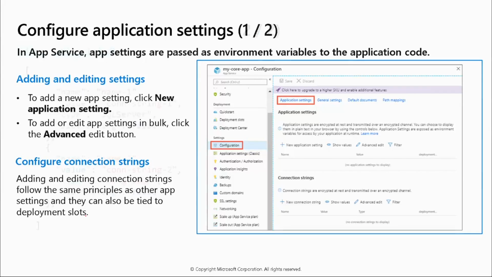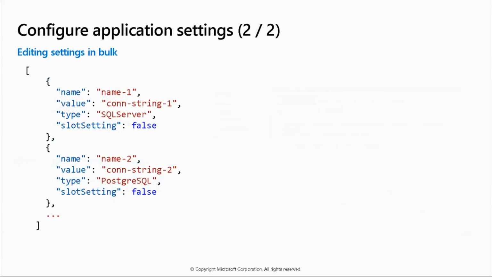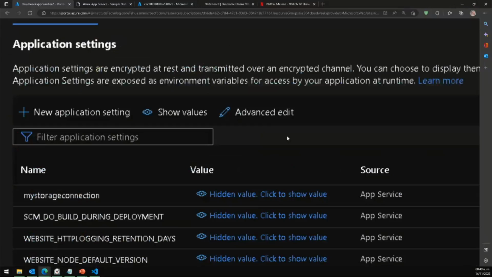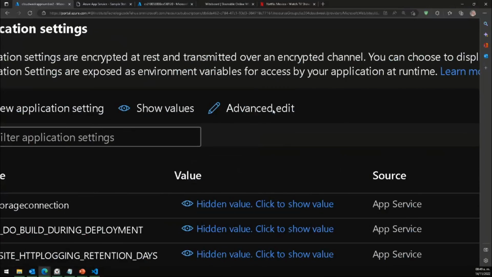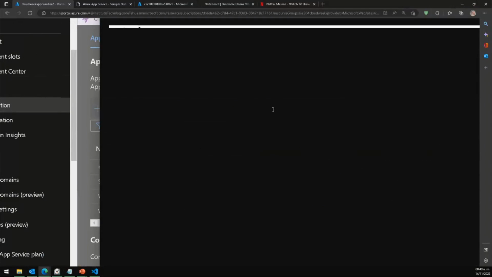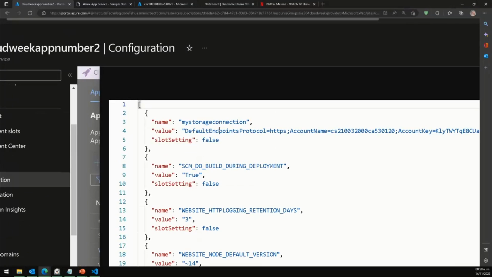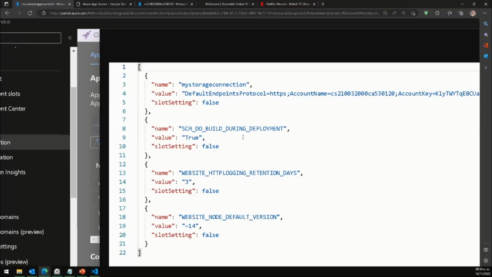Then what, guys? To continue with the practices, we connected a storage account with the application. So what is next? Can we do it in bulk option? What is bulk, guys? Bulk, right here in application settings, advanced editor. Okay. Bulk means you want to create your configurations in the quickest possible way. You can do it. If you have a document with the configuration in JSON, you can just copy